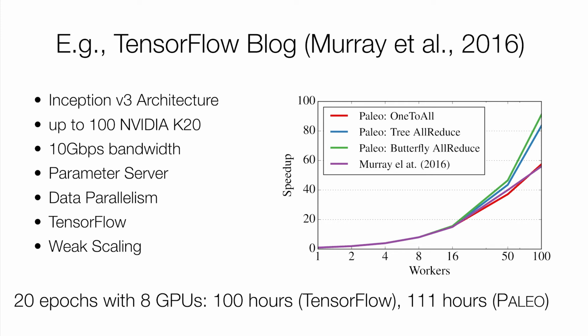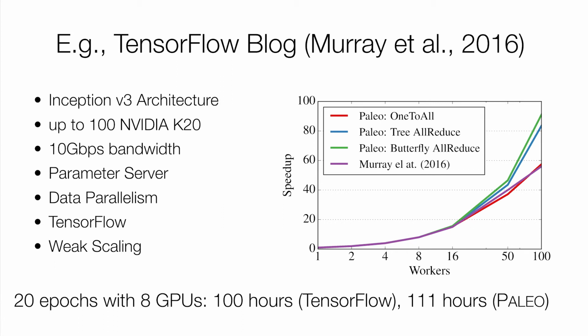And here are the results that we get. So we get similar scalability results, which is encouraging. There is one caveat here, which is that they're using an asynchronous parameter server to communicate. We're assuming synchronous updates. That said, we're clearly in the same ballpark as they are. And this is just scalability results. In terms of raw wall clock estimate times, we're also within roughly 10% per iteration of what they report.